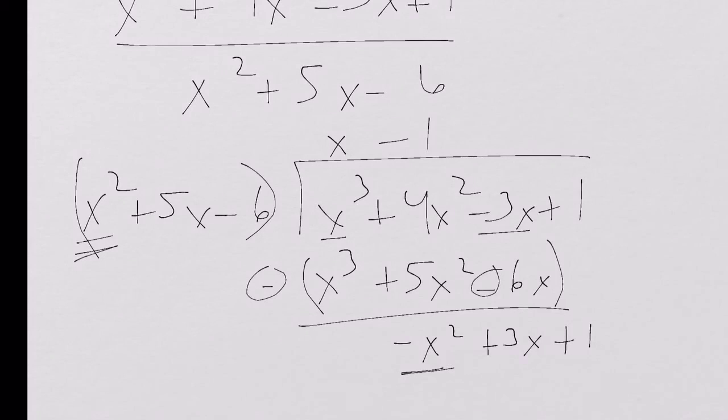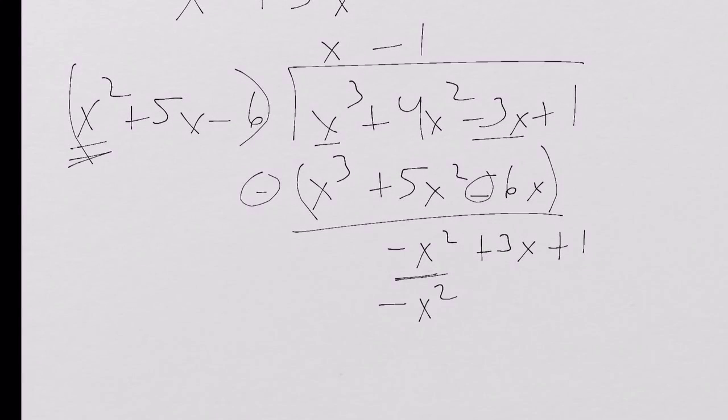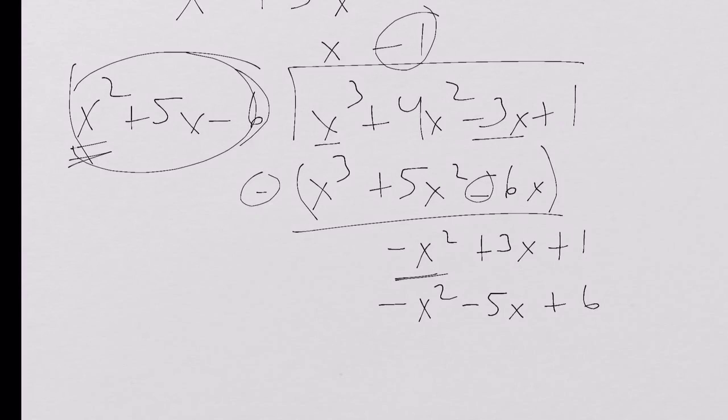Well, that would just be a minus 1. And I do that, and I get negative x squared. Again, this negative 1 gets multiplied by everything over here: minus 5x plus 6. And then I subtract. And when I subtract things, I'm actually going to get 8x